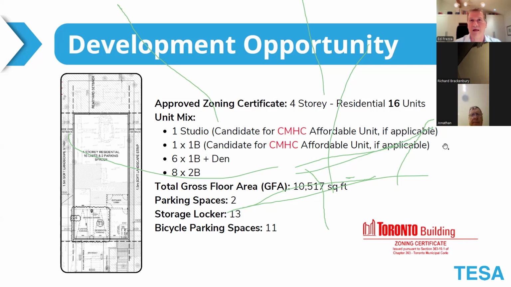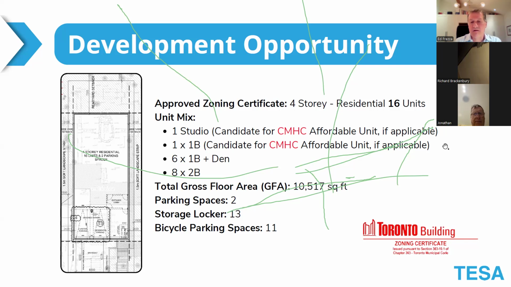So we've left this open that if you wanted to get this on a CMHC MLI Select basis, we could do it all just using CMHC energy efficiency rules, or we might want to also tag along affordability. And these are the conversations that you would finesse and fine tune with your architect during that stage. But I'm giving you the idea of what could be done with this property and how you could look at it from a few different angles. We're also going to have 6 one-bedroom plus den and 8 two-bedroom units.